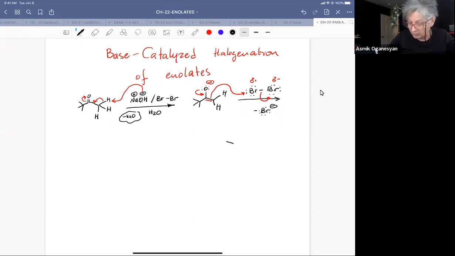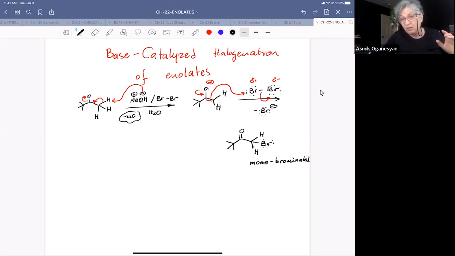And we form the product. And we would assume that this is where the reaction stops. So if we add just one equivalent of bromine, that should be good to form a monohalogenated product, in this case, a brominated product. However, the reaction will spontaneously continue until all of the hydrogens on the alpha position are substituted with